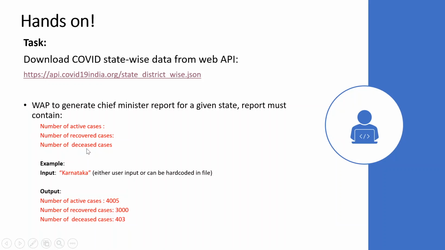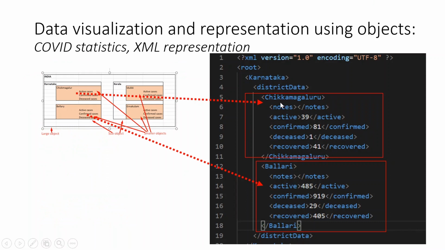The challenge here is that there are a lot of districts. Here I am taking only two. In actual data, there could be 28 or 30, depending on whatever the API provides. So there are about 30 districts, and for each of the districts, what you should do is have variables, three variables actually, which will keep the count as we parse through.